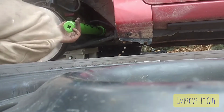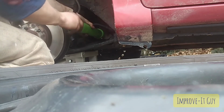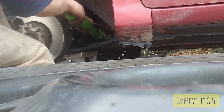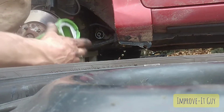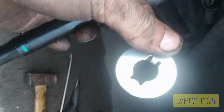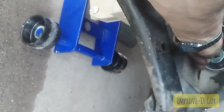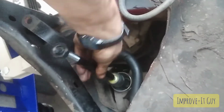Once it's broke free, it's incredibly easy to turn by hand. All right, so we're gonna start with installing our little, I don't know what they call this. It's some kind of washer, but it locks into those two grooves right there in the middle. And so that goes on first. I guess put that on the end of there to at least get it started, and you're just gonna thread this guy in